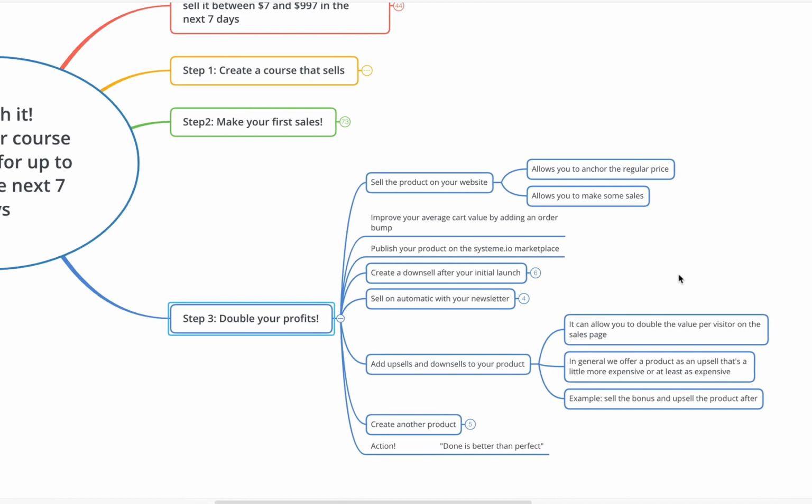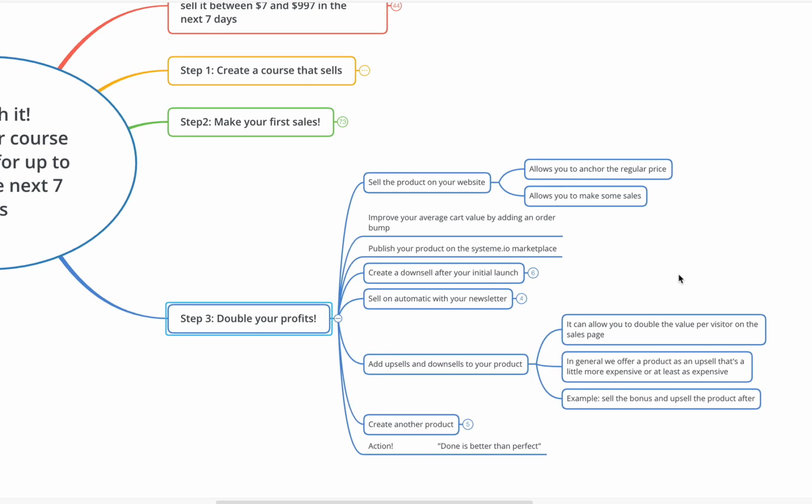If you have a website or a blog, you can create a sales page or a payment page, and put a regular price tag on your product. Okay, so if you sold your product at $4.97 instead of $7, then you put it at $7 on your website, right? That's the regular price. So it's a great way to anchor the regular price, because some people will visit your website and see that your product is priced at $7, and then when you make a promotion on your list,